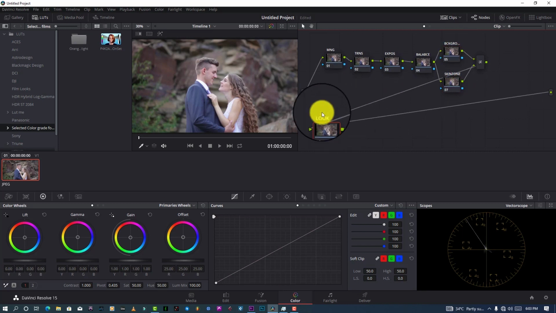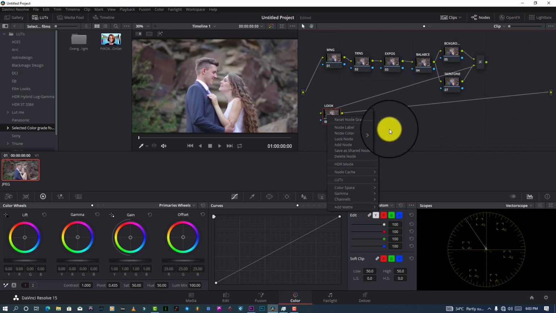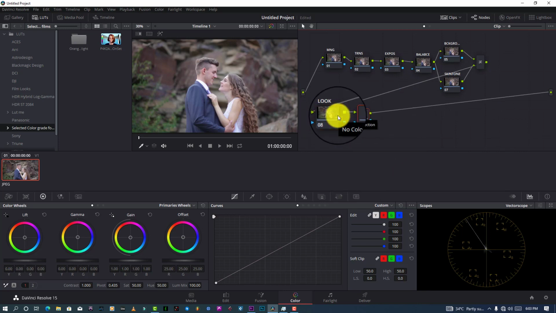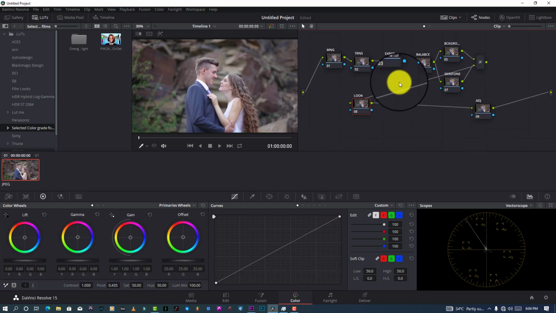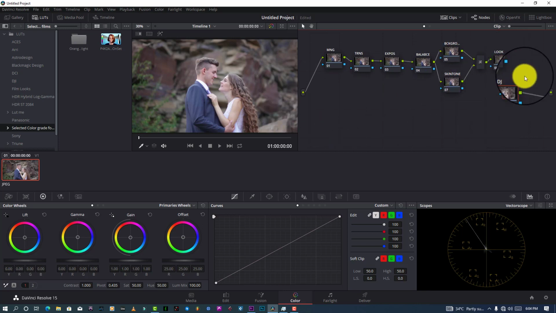And this is the look, so that I can control my color to make the mood of these videos. And this one is going to be an adjustment, to fix some stuff that I see. Okay, this is our